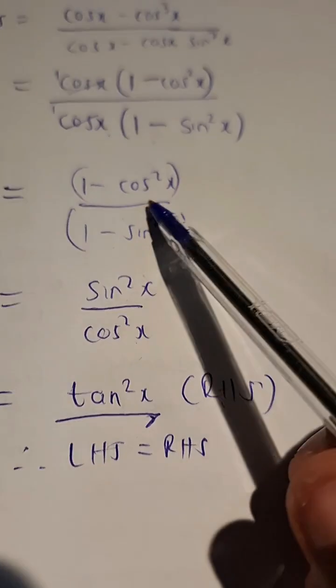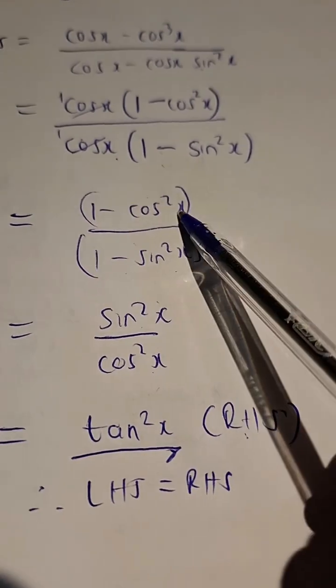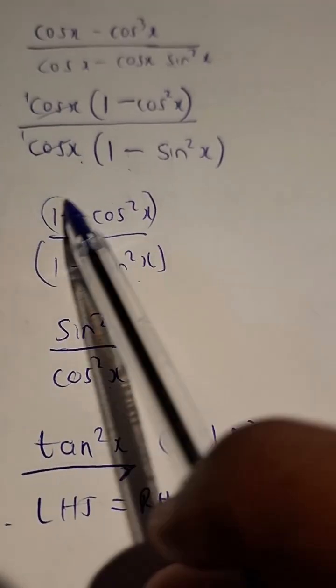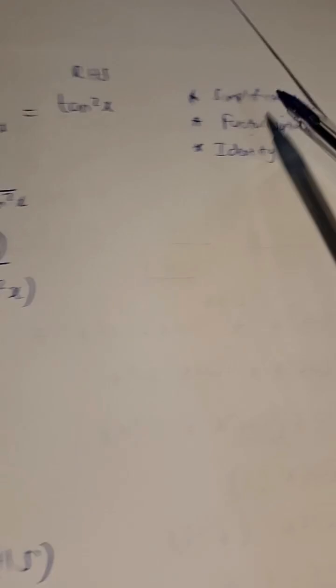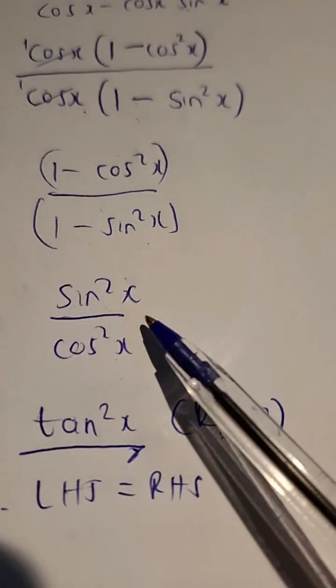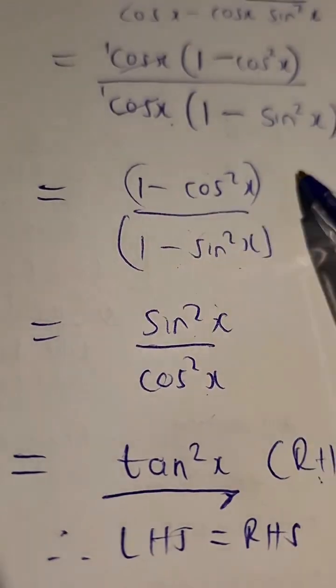So just back here, remember after cancelling we got 1 minus cos squared x over 1 minus sin squared x. And after I'm doing this, I'm checking, okay, simplification strategy. Can we apply the simplification strategy further? No. Strategy number 2, can we apply factorization here? No. Identity, can we apply identity? Yes, we can. So 1 minus cos squared x, we can apply the identity approach,